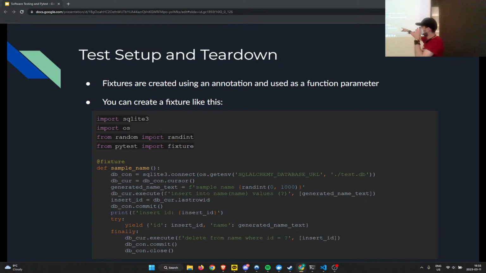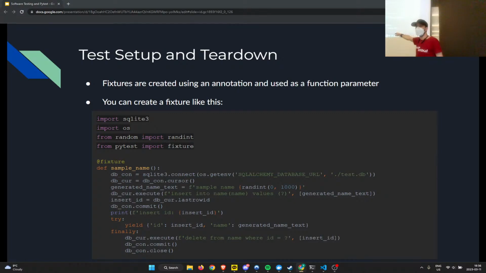Okay. It'll pause at this yield here in the try, okay? And it will give execution flow back to the testing function. Okay, then the testing function will run. And then when the testing function finishes, the program flow will return to here and then continue from the yield point. So everything before yield is setup.